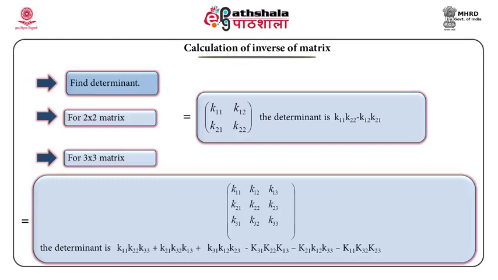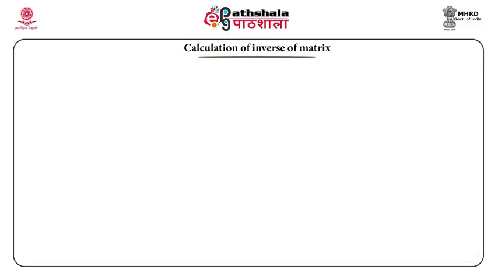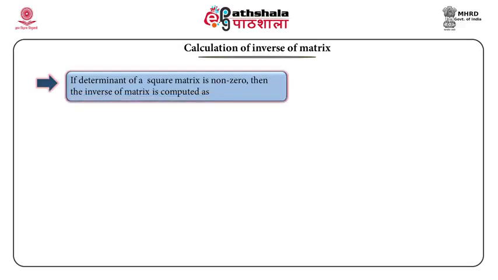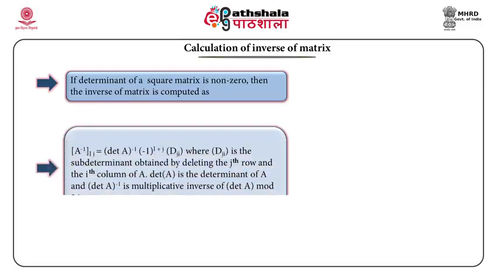I think you are in sequence. First find out the determinant. So, now there is a need for calculation of the inverse matrix. The first condition for calculating the inverse matrix is that the determinant should be non-zero. Keep in mind, we are working on a square matrix. So, to compute the inverse of a matrix, the equation says: given A, its inverse is denoted by A inverse ij, where suffix ij says i rows and j columns.